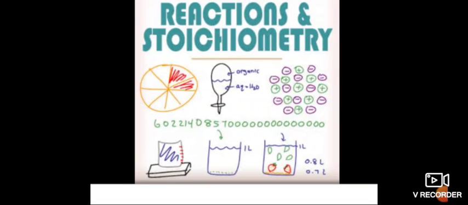So we need molar mass, or first you have to convert using molar mass, and you know mole to gram, gram to mole. Another important thing is the coefficient of the balanced equation. When you are balancing the equation, you will have coefficients, which are a must to calculate the stoichiometric problem. All of this is related to the problems.